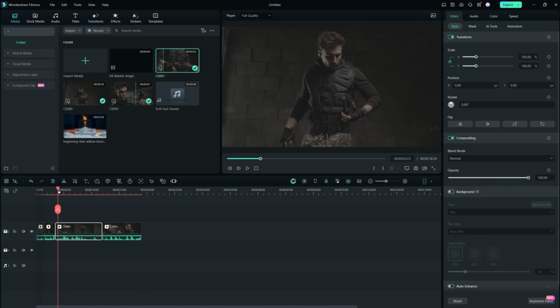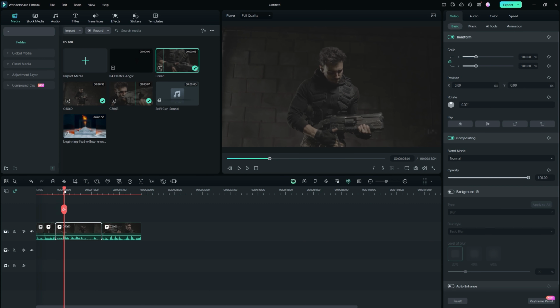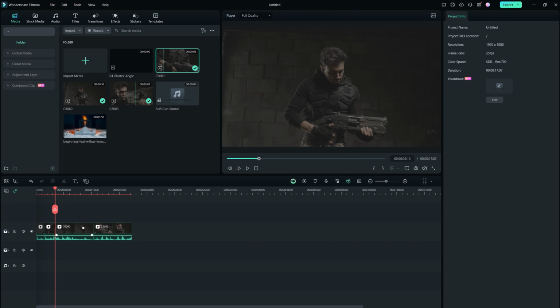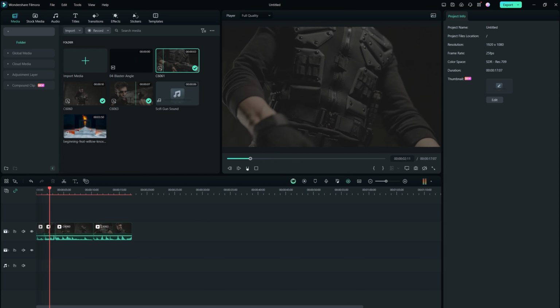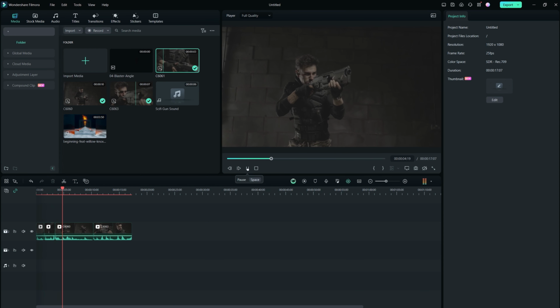I'm going to scroll through here and find the exact same spot, right? Which is right about there, I would say. And just quickly, instead of going to the split trim tool, all you have to do is just click on the scissors, delete the one before or the one following, depending on what you do. And that is it. Now, if you guys play this, you can see we go from here to the close-up, to the reload, and we're good to go. That's how easy it is to import clips and put them in the sequence and do your trims